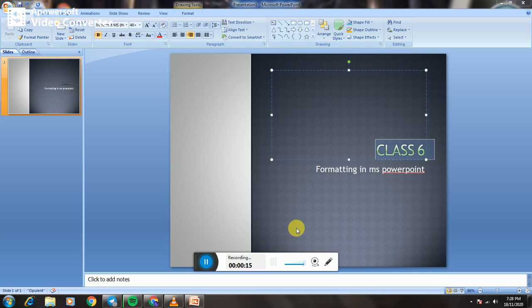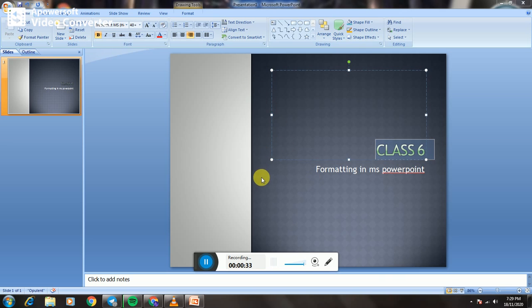How to apply indents. The indenting feature moves a paragraph or the first line to a specific number of places from the left or right margin. Let us follow these steps to apply indenting.